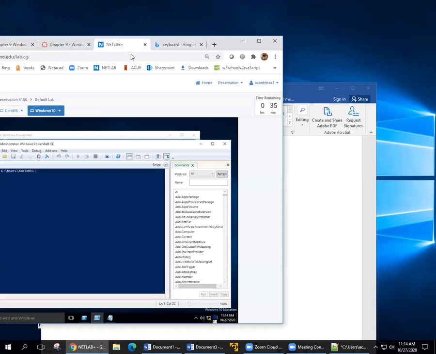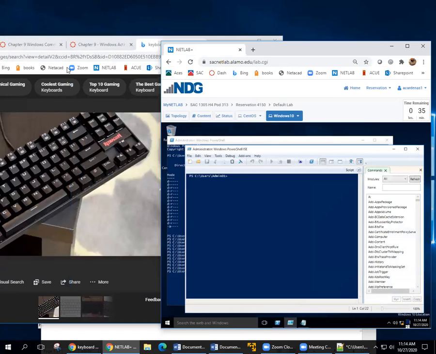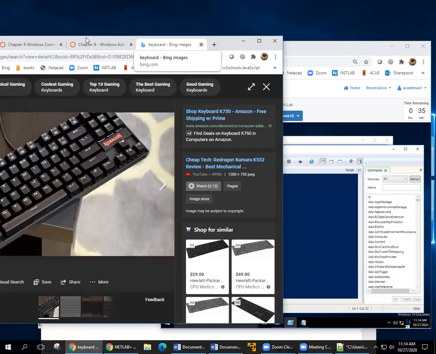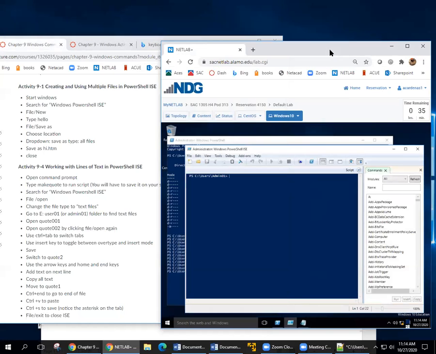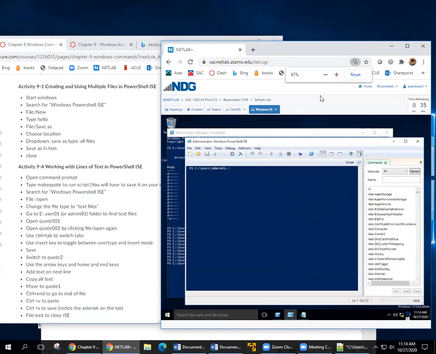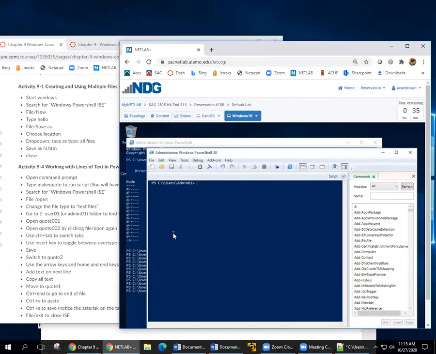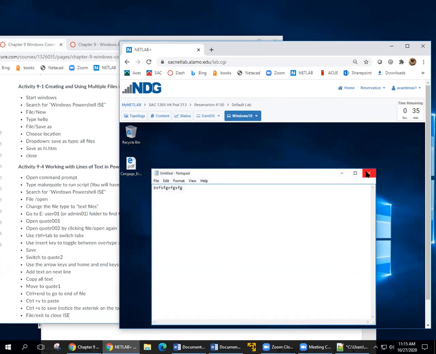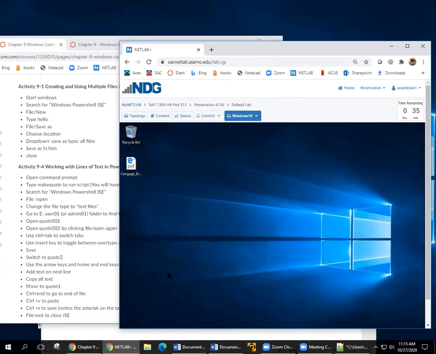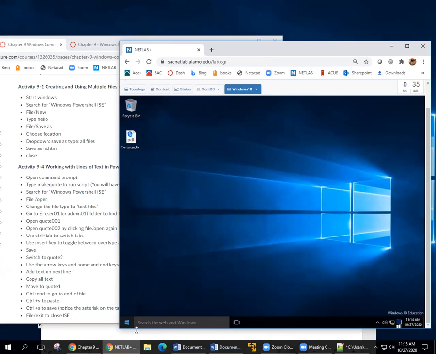I'm going to go ahead and break this tab off. There's a wonderful keyboard. I'll leave it in case we need it. Okay. See if I can get a little bit bigger on this. And I cannot. There we go. Okay, so here is the PowerShell, but I am going to close it to make sure that you know how to bring it up again. So remember, it's PowerShell ISE, which is what we're using, not just